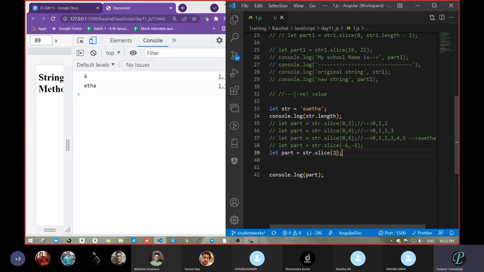So this way, suppose you are passing here 3, what is the value? Praful, tell me what will be the value? Lalan, what will be the value? THA. So we get that value because the start will be that one, but for the end, there is no restriction. Now move to the next, that negative value.